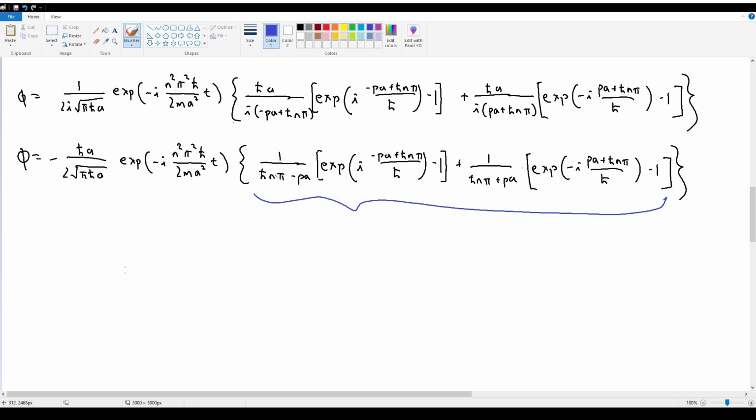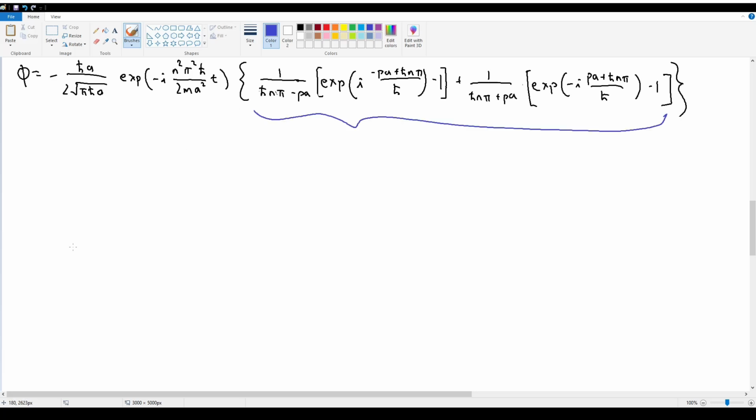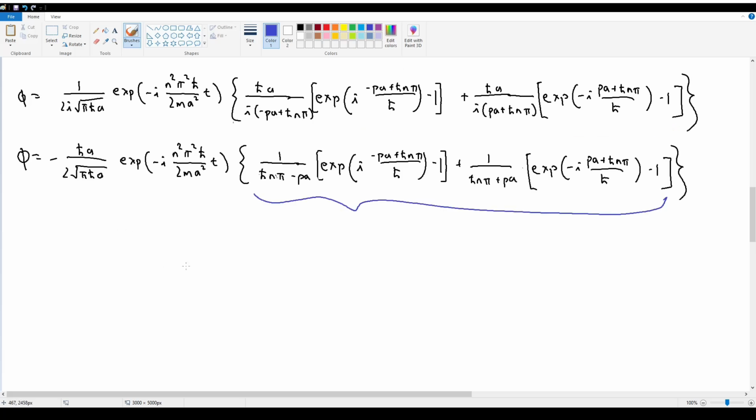Let's start by combining the two bigger fractions by multiplying h bar plus a and h bar minus a. In which case, your bottom term, you're going to have this same exponential expression multiplied by h bar n pi plus pa,